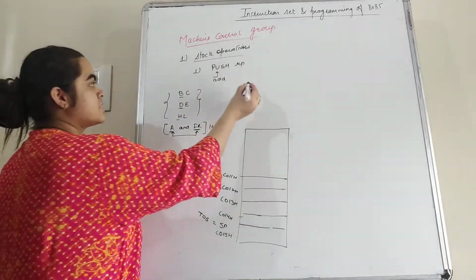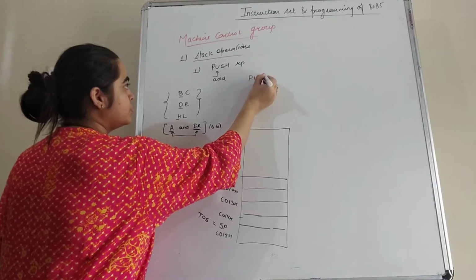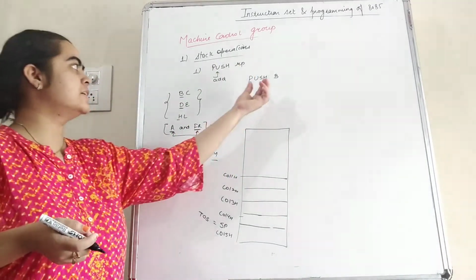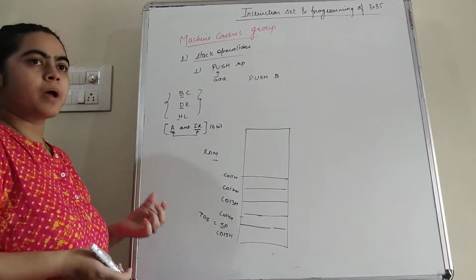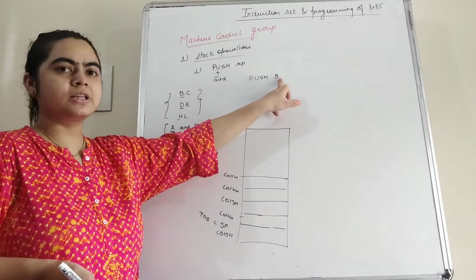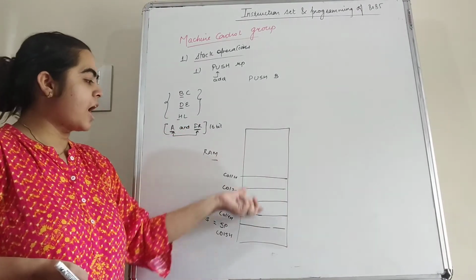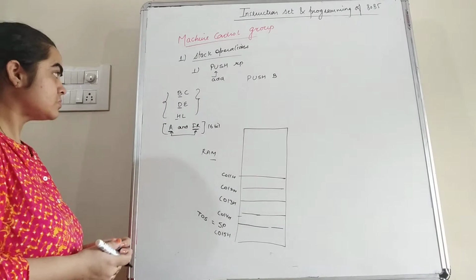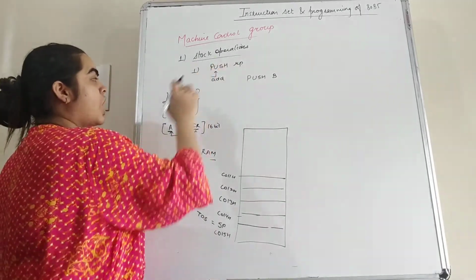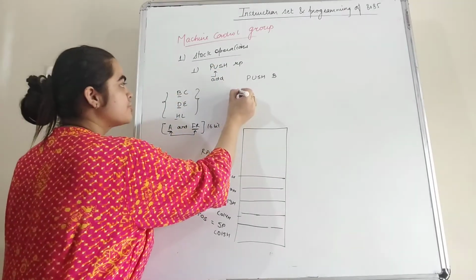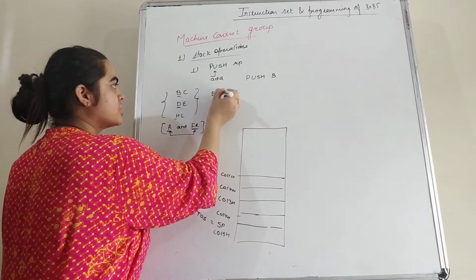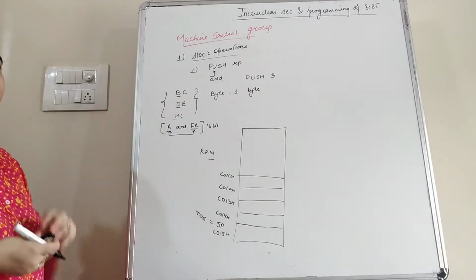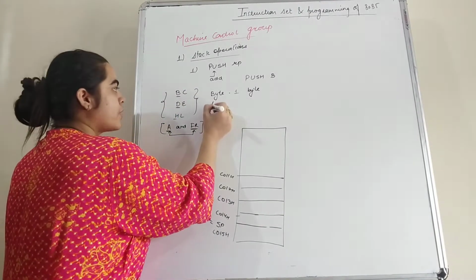Now we have an instruction, for example, PUSH B. PUSH B means we push the contents of the BC pair into the stack. We have to push that register pair content into the stack. PUSH RP is a 1 byte instruction, because no data and no address is specified in the instruction.